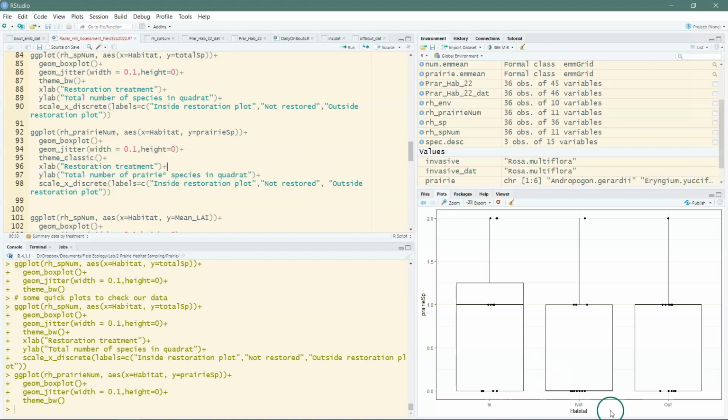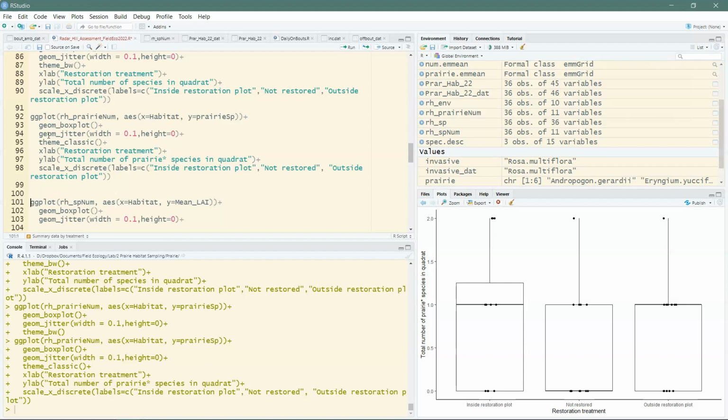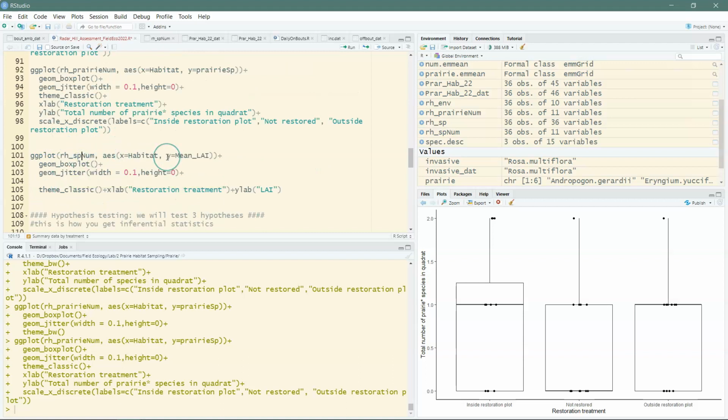So again, we want restoration treatment as the label on the x-axis. We want total number of prairie species in the quadrat on the y-axis, and we want to have inside restoration plot, not restored, and outside restoration plot. We run that, and we have a decent looking box plot, sort of. Okay, so another thing that we can do is look at the data we collected on mean LAI. This is a good thing to look at too, because we might be interested in understanding if leaf area index differs by